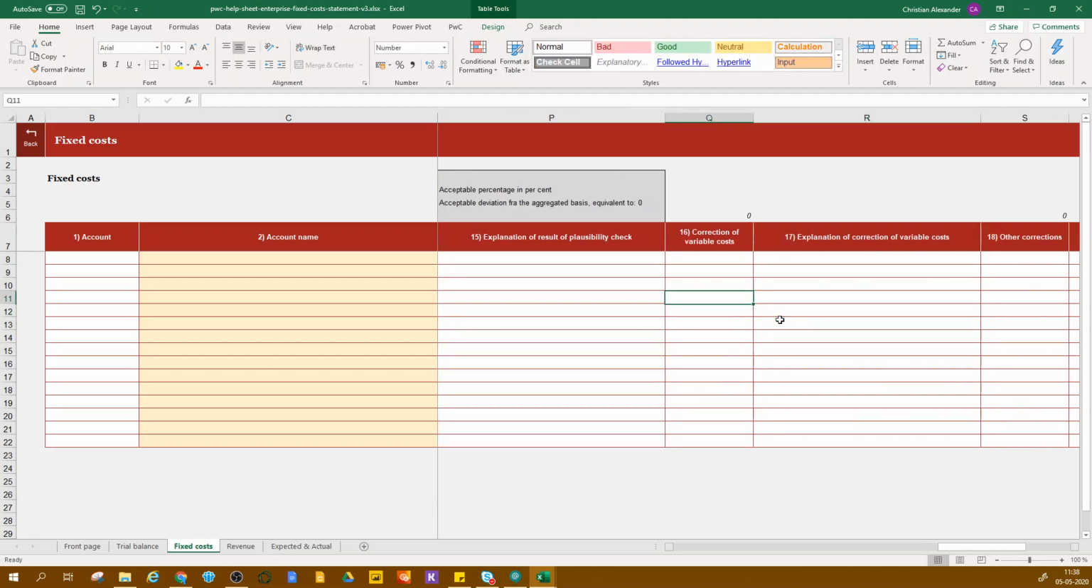Then the next column will be a correction for variable costs. So let's say some of your rents is variable and you need to adjust for that. You can do that here, or some other variable cost you need to adjust for in interest or whatever. And then you can make an explanation of why you have made